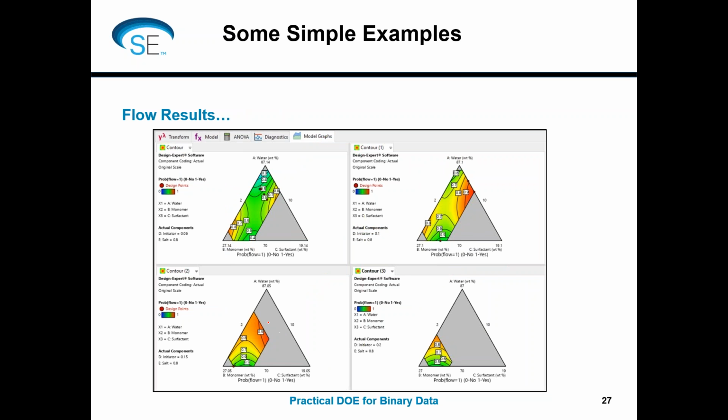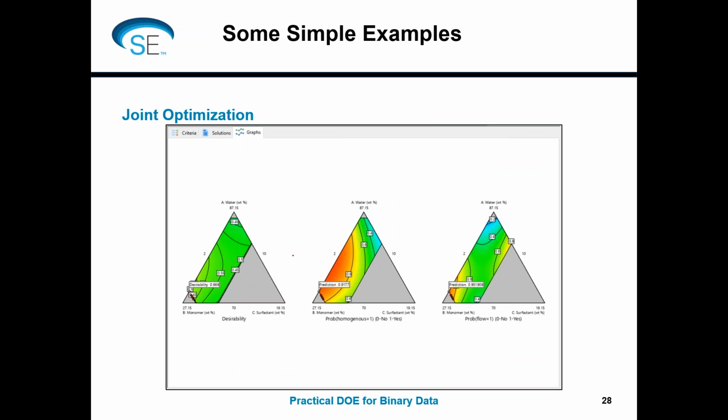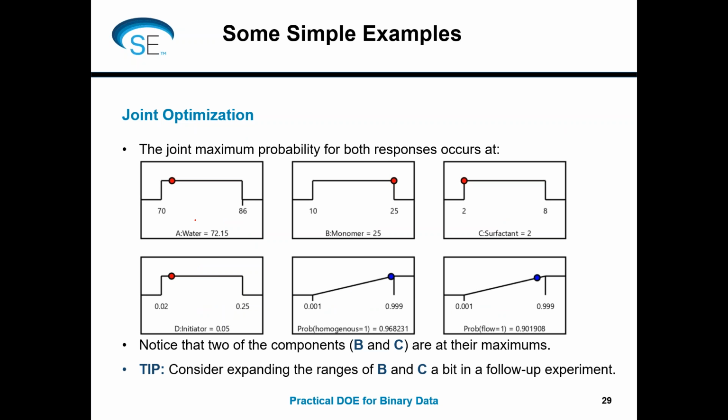Okay, for flow, same thing. And then when I do the joint optimization, I try to figure out where I can get a mixture that gives me high probabilities for both. And here is one location where that happens. And on the ramps plot, I get that water should be 72.15, monomer should be 25, surfactant should be 2, initiator should be 0.05, which gives me a probability of a homogeneous column of 97% and a probability of flow of